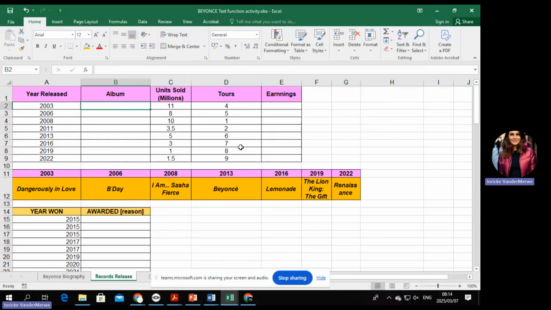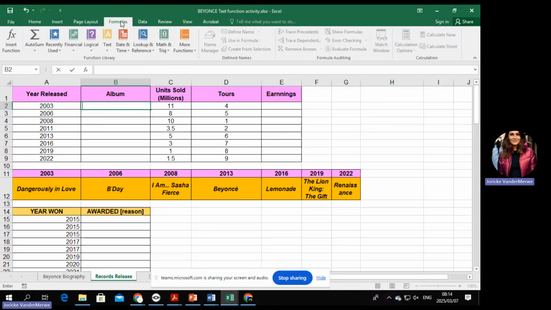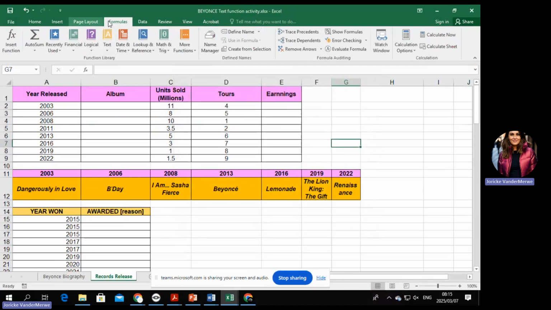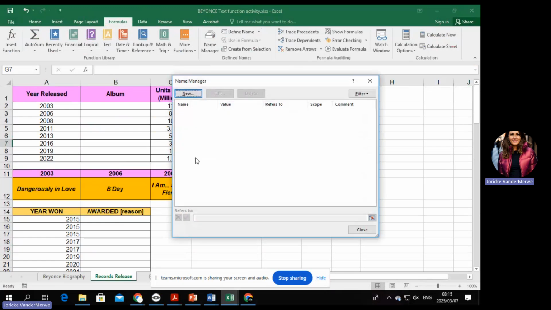Okay, so let's start with the album. How do we start a VLOOKUP? Now, for a VLOOKUP, I also like to use my magic wand. So I'm going to say equals. Now, before we start that, it's always a good habit to go into formulas, click somewhere else and go to the Name Manager, because sometimes the examiner already gives that data a name. But if you're not going to know, then how will you know? You have to get into the habit of going to the formulas and getting familiar with your sheet and seeing if there are any data ranges that have been named.